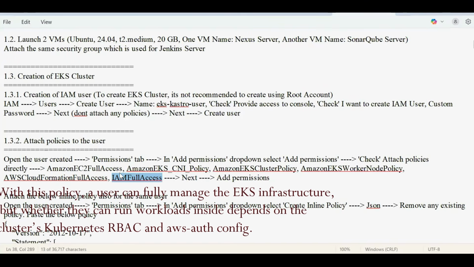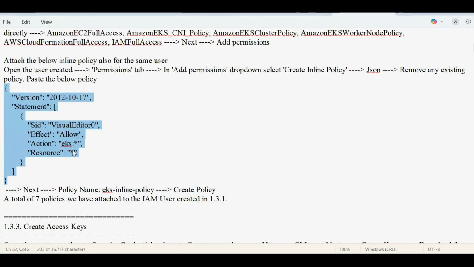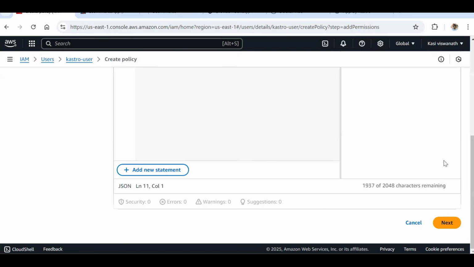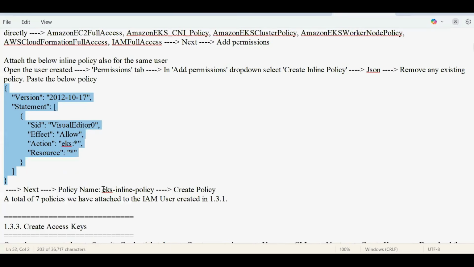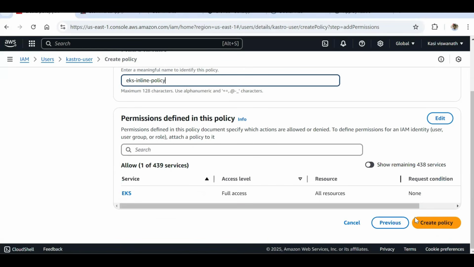And here you see there is a policy which I have provided. So this policy is something which will allow the complete EKS permissions and all the resources available in the EKS. So that is what this policy is. So just paste that policy and then click on next. So give the policy name. So I'll just go with the policy name as EKS inline policy. Any name can be given, but I'm just going with this default name, which I generally follow,